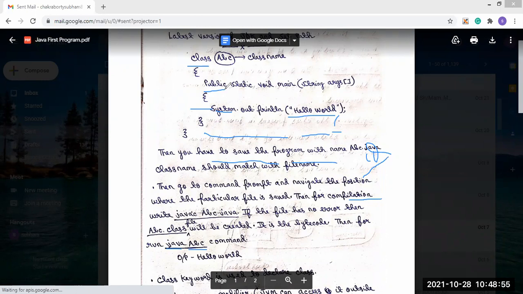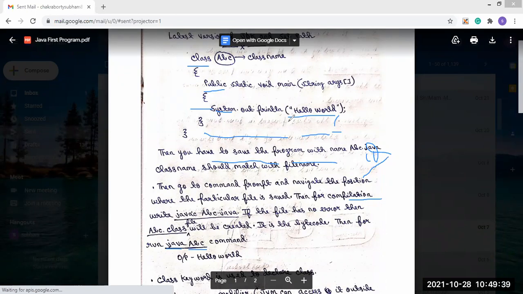If you give public before a variable, or before any method, that means this method or this variable can be accessed from outside of the class. Let's say we have a different class present, and from that class we want to access this method, then we have to use public.